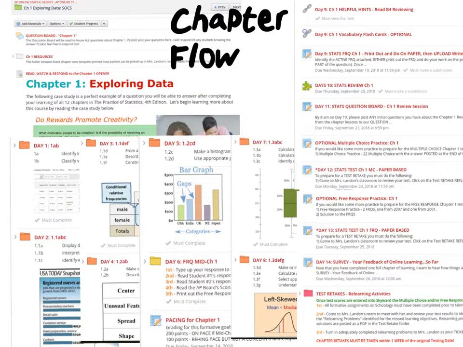Then we're going to get ready for the review. We're going to have some helpful hints to read, and a second free response to try. The review assignment can be submitted on Schoology and corrected, and we can always go back to that question board. We do have some optional practice for multiple choice and free response. Chapter 1 is a 2-day test, so we have a multiple choice test and a free response test. And then we also have the folder for the retake information